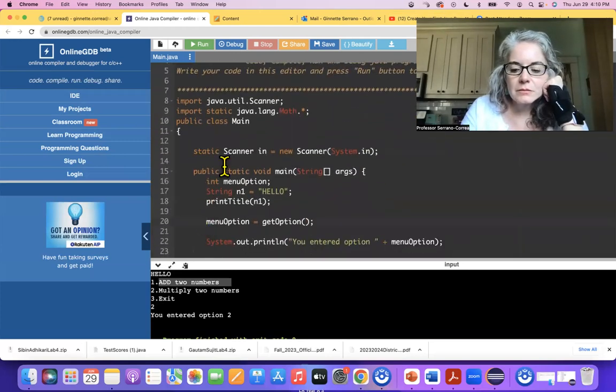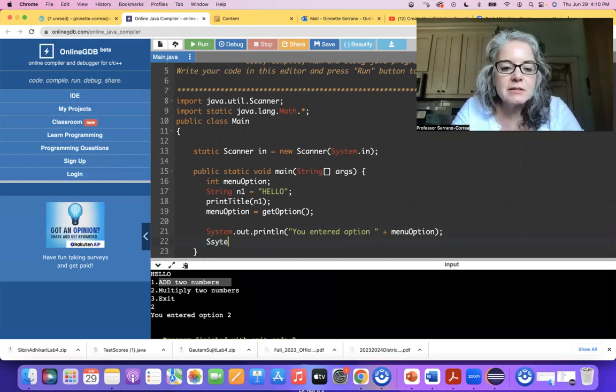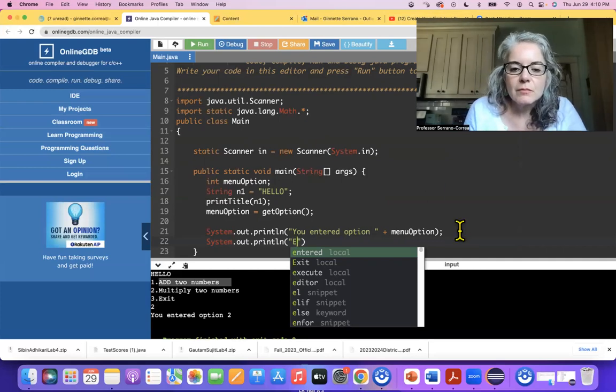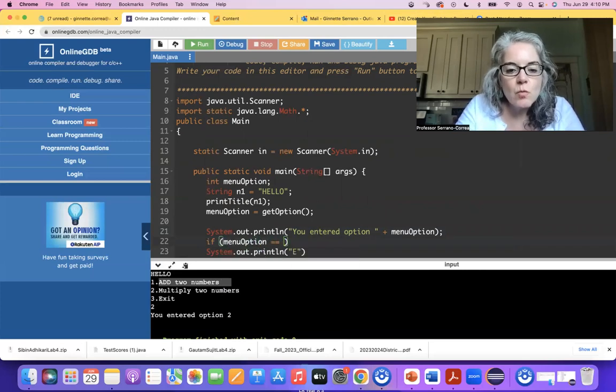All right. So here's where I get my menu option. And then here's where I tell you what I entered. We can leave that there or not, whatever you want to do. So here, I'm going to ask the user, I'm going to say system.out.println. So I got my menu option. Actually, before I do this, I'm going to say if my menu option is equal to 1,